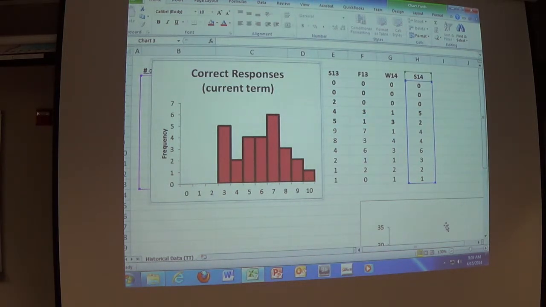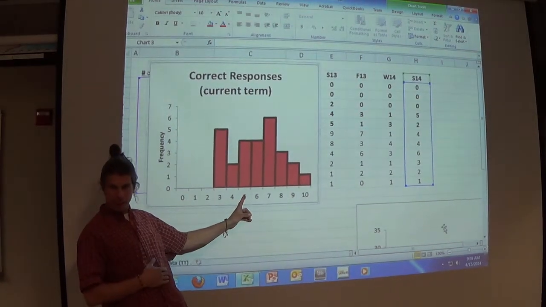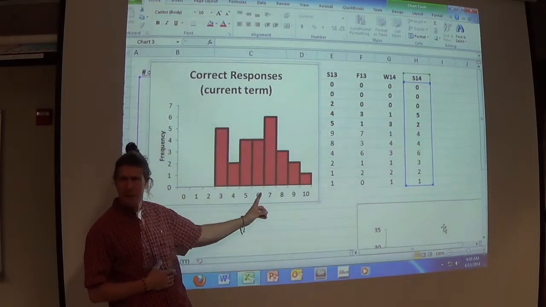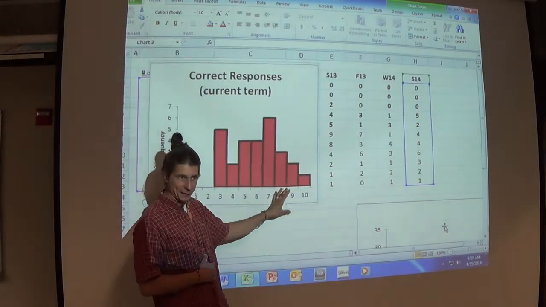What do you think? Do you guys think you're doing better than guessing on average? We'll answer this question on Tuesday. Do you think you're doing better than guessing? Yes. It does appear that you are doing better than guessing, at least at first glance. Because if you were guessing, you should be landing mostly here, with some variability on both sides. But it looks like most of the variability is happening to the right of 5.